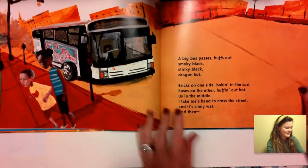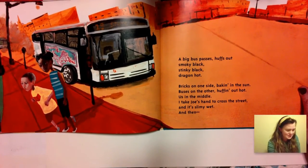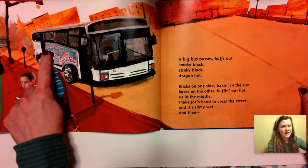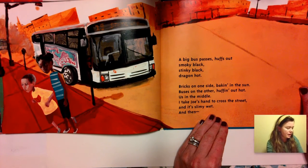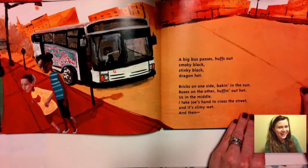Hot, hot day. Ooh. Big bus passes, huffs out. Smoky black, stinky black, dragon hot. See a dragon there on the side of the bus. Bricks on one side, baking in the sun. Buses on the other, huffing out hot. Us in the middle. I take Joe's hand and cross the street. It's slimy wet. And then,